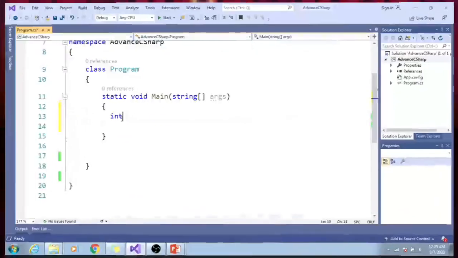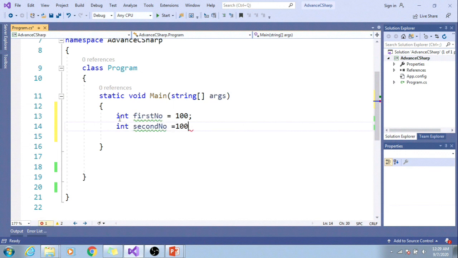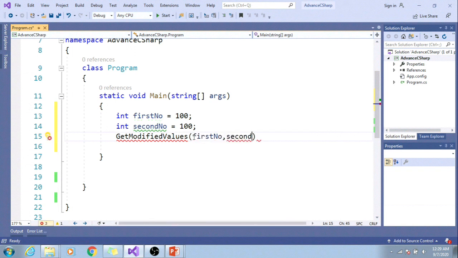Flipping to the code, I have a variable int first number equal to 100, and let me create another variable and initialize it to 100, and let's pass these two parameters to this function, first number and second number. While passing the parameter as the second type, let me pass it as ref, and if I have not specified any type for the first argument, it will be treated as val type. Let's get the method skeleton,